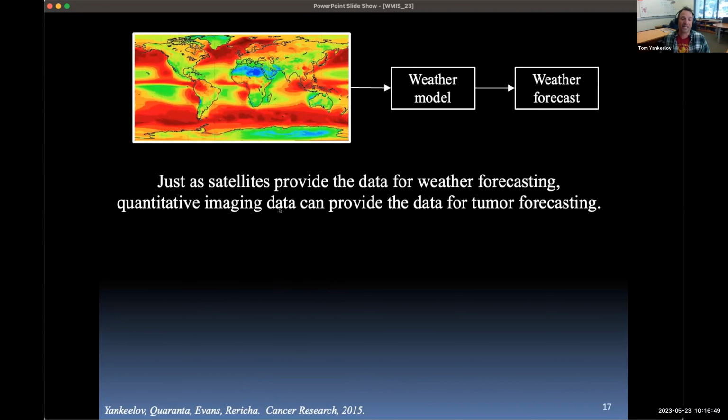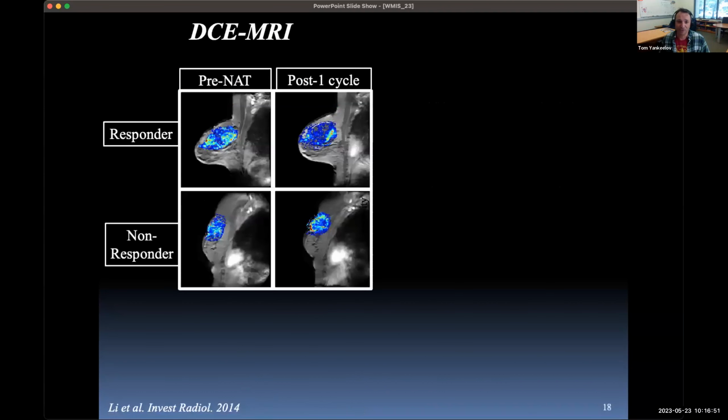We want to do the same thing for quantitative imaging. And so today I'll talk about using two flavors, right? Contrast enhanced MRI and diffusion weighted MRI. So here, you're looking at a sagittal cross section of a woman with an invasive ductal carcinoma. A nipple is here, chest wall is over here. This is a lung over here. Heart is creeping into the field of view down here.